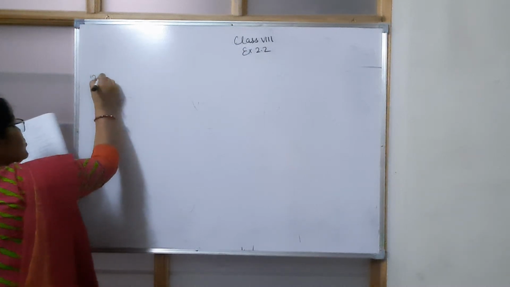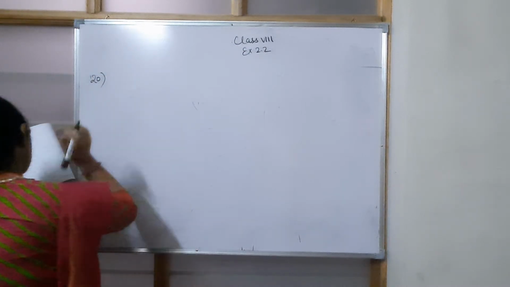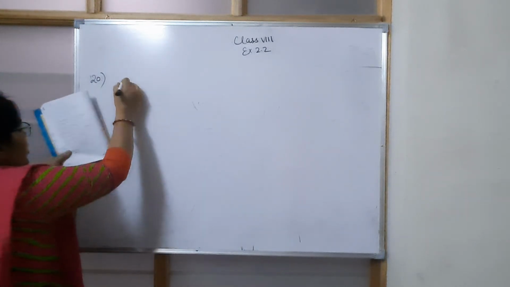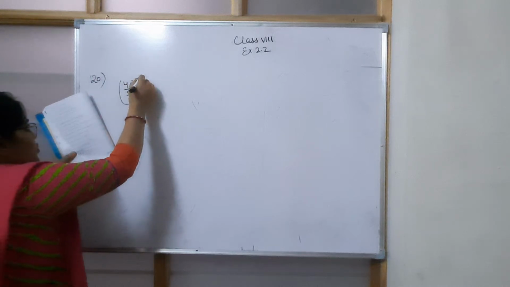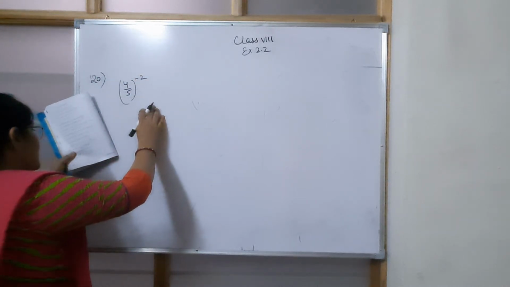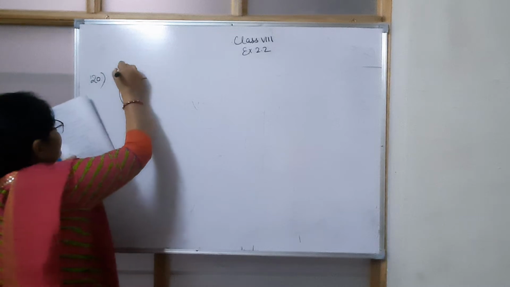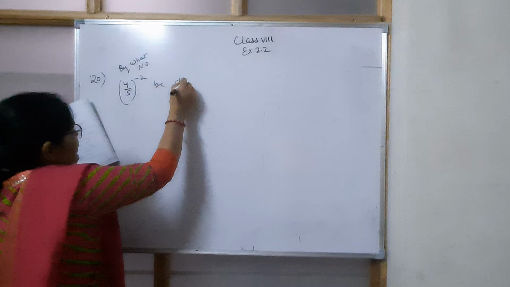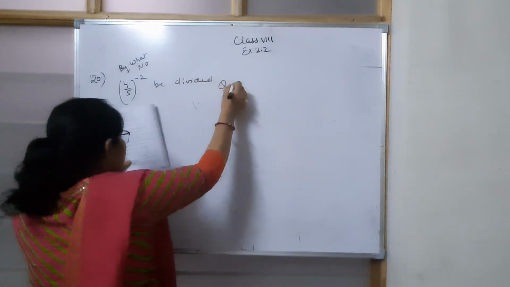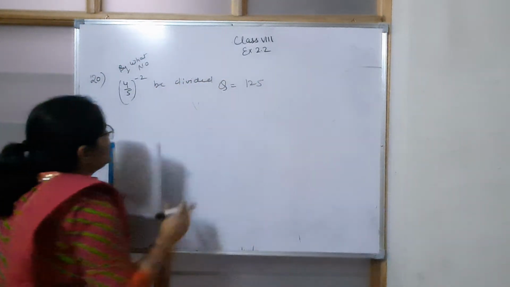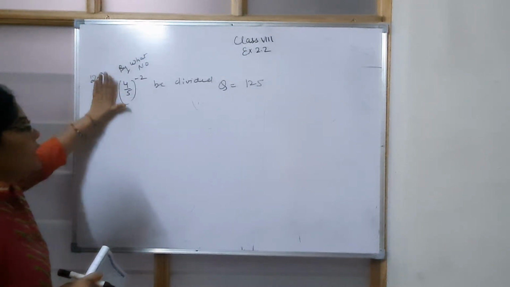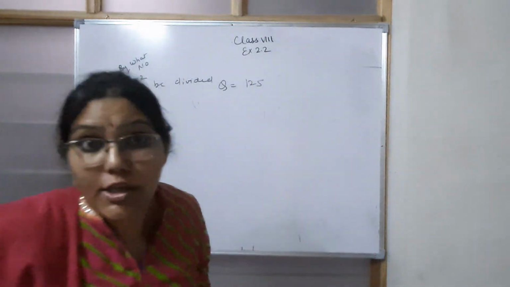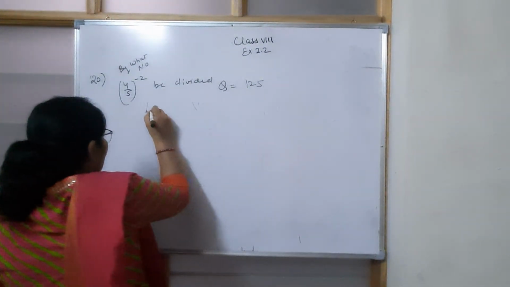We have 2 questions left now. By what number should this 4 upon 5 raised to the power minus 2 be divided so that the quotient is 125? I hope you understood the question. By what number are we going to divide this number so that the quotient is 125? Okay, so let the number be